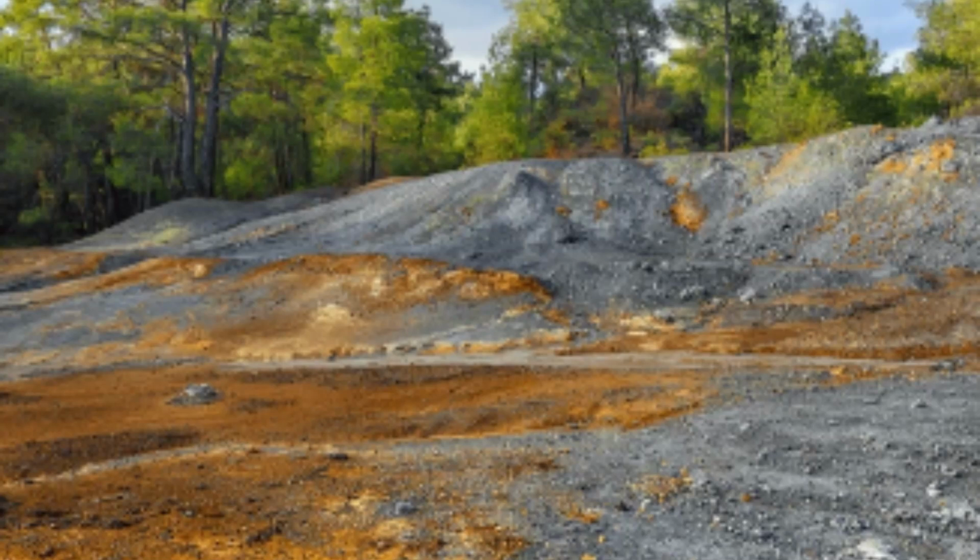Geophysical properties. Density and conductivity. High density, due to the high concentration of sulfide minerals, volcanogenic massive sulfide deposits have higher density compared to the surrounding host rocks. Electrical conductivity, high due to the presence of metallic sulfides, making them detectable using geophysical methods like